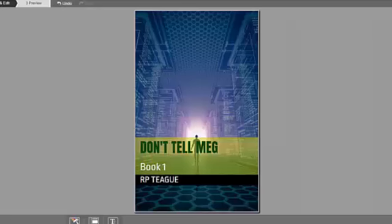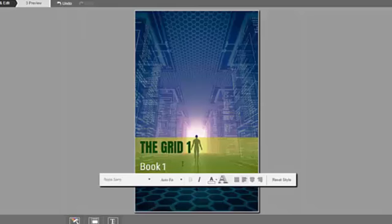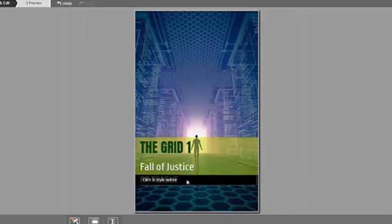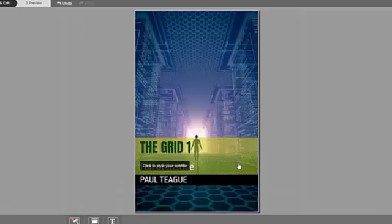and it brings the image in. And then this one wasn't Don't Tell Me, this was the Grid trilogy, so I can call it the Grid 1 in there. And rather than book 1, that one was called Fall of Justice, and change my name on there. And you know, I know it's not brilliant, but it's not a terrible cover. It's not awful. Now, clearly we've actually put our title right over the little man who's sitting there,